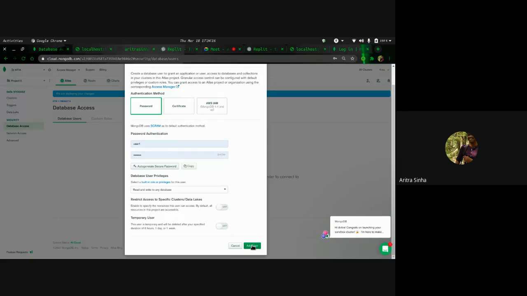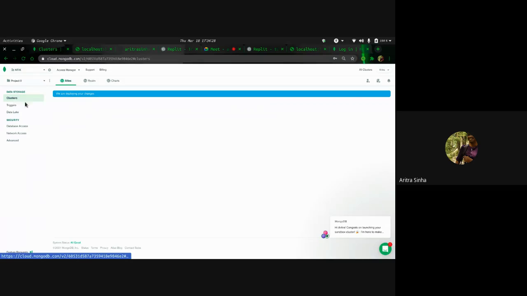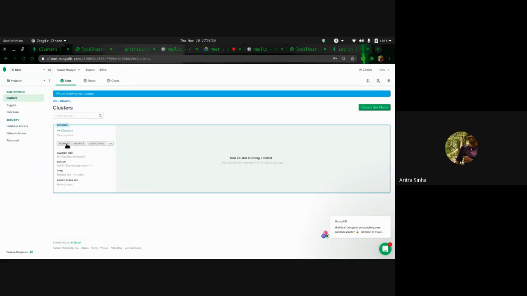Then I'll just do add user, and yeah, I have added the user. Now let's go back to the clusters and go to connect. I think it's taking some time, maybe.